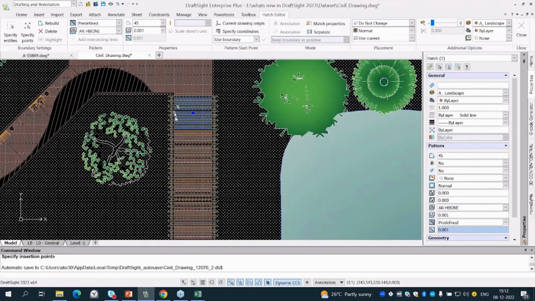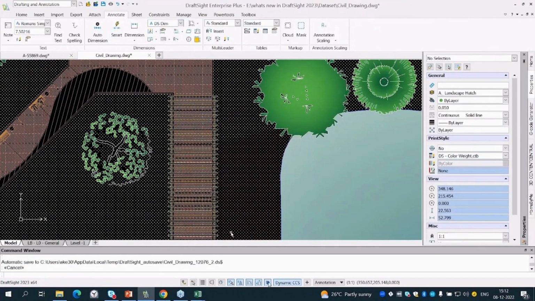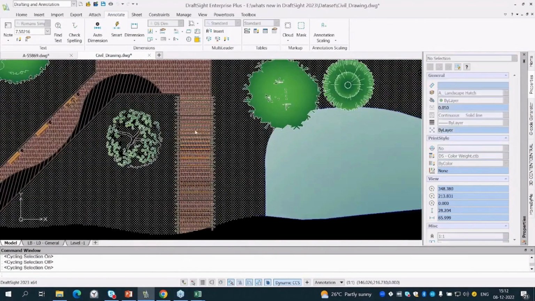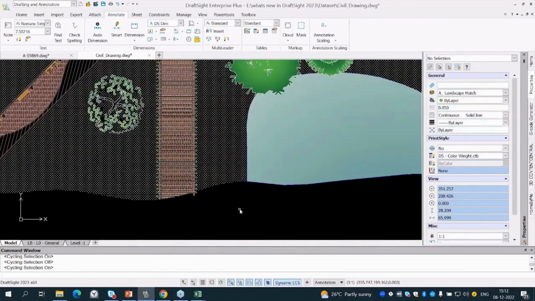You can switch on and switch off the selection cycling from the status bar here, if you see. So selection cycling again simplifies my work while working on the drawings, and helps me to speed up my work and improve my productivity,